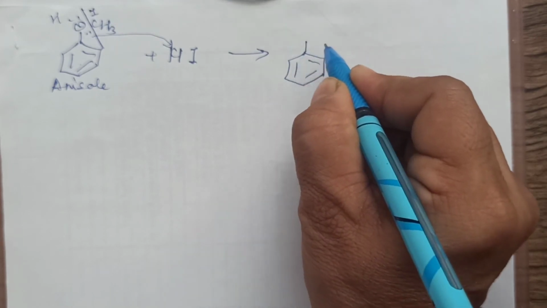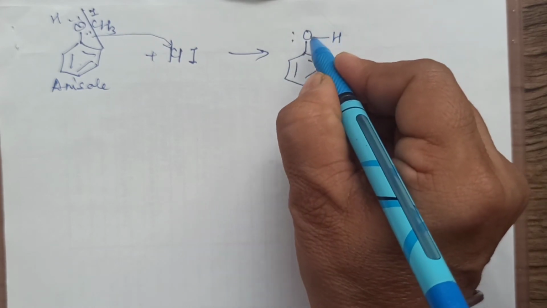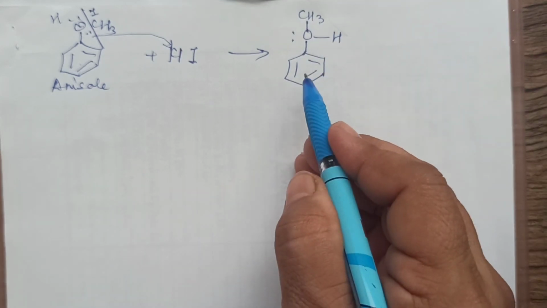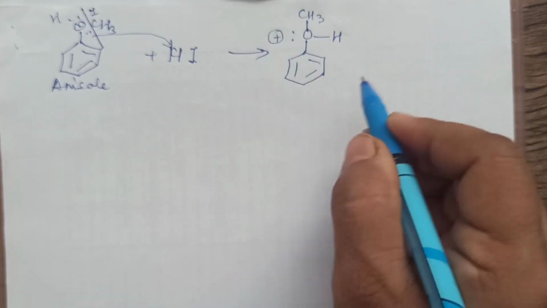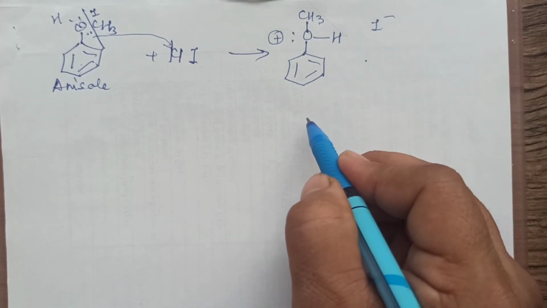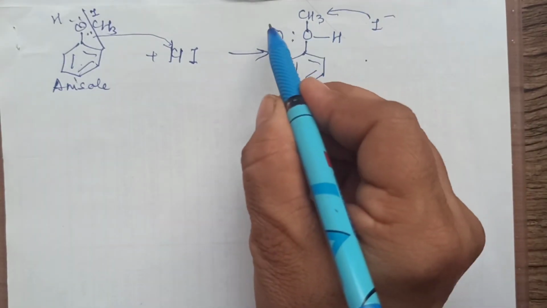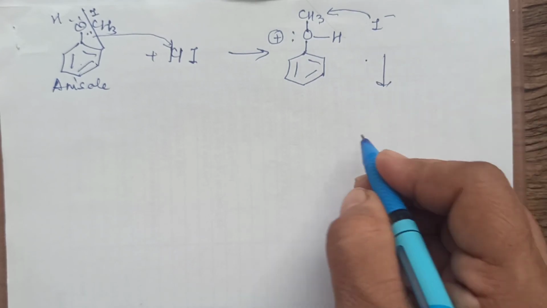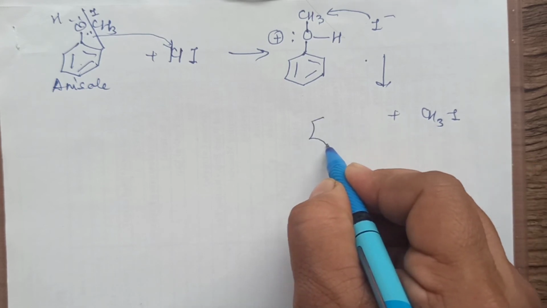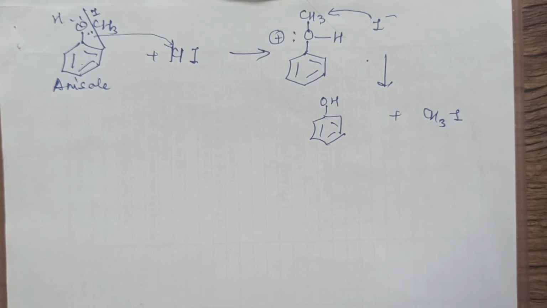Right? So you will get O here. It will have only one lone pair left now. On this, H has attacked and one methyl group is already there over it. Now on this species, O will get a positive charge. I minus has to attack on this now. Obviously, I cannot attack from this side; it has to attack from this side only. When it attacks from this side, the bond is going to break from here. And what you will get is the less carbon iodide, and you will get phenol. Okay, this is the product.